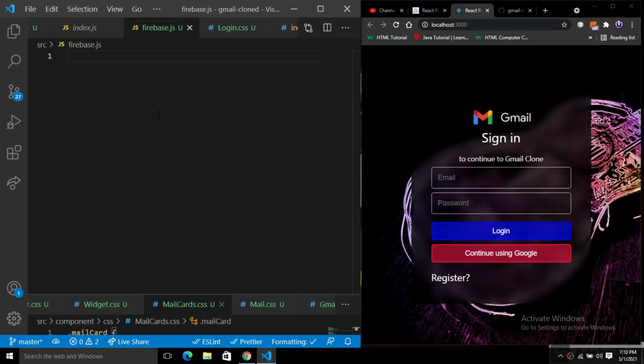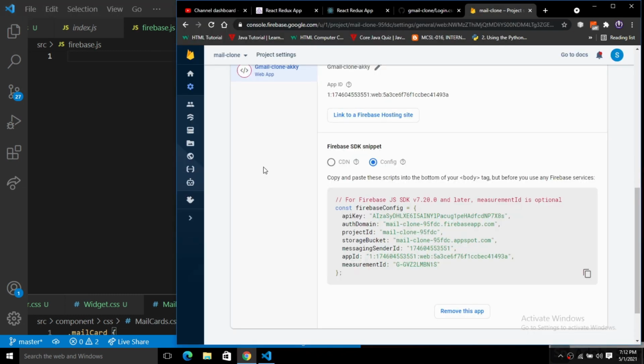So after that you will be able to use any of the Firebase services, right? So what you have to do, just go to your browser and search for console.firebase.com, and here you have to put the configuration inside of this firebase.js. Okay, so let's do this now. You can see on my screen we have this configuration here. So this is what we are going to copy, and I just copied it. We have the API key, the project ID, the storage bucket, and everything here.